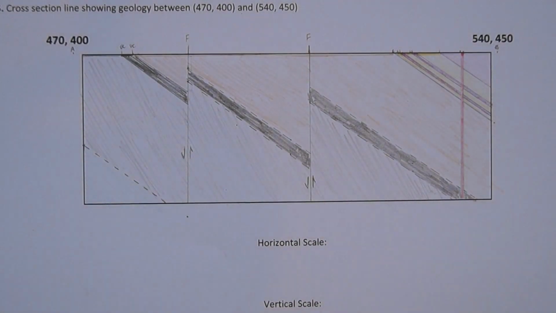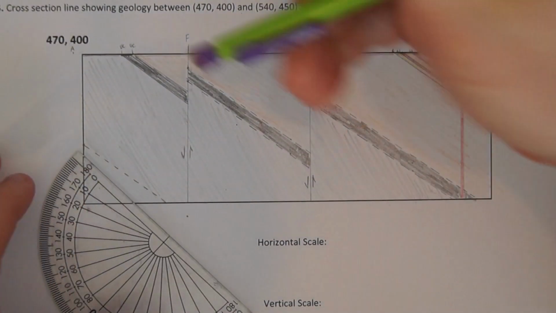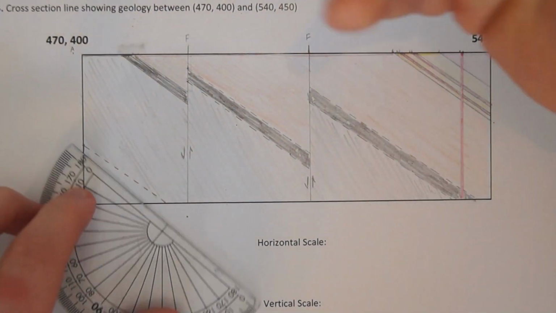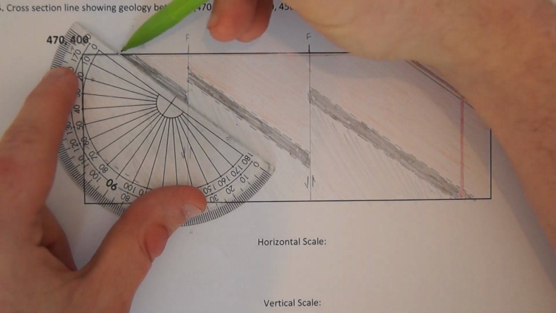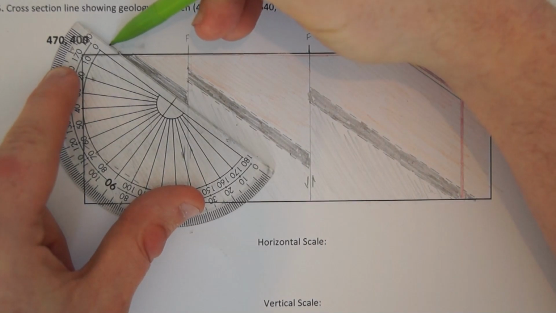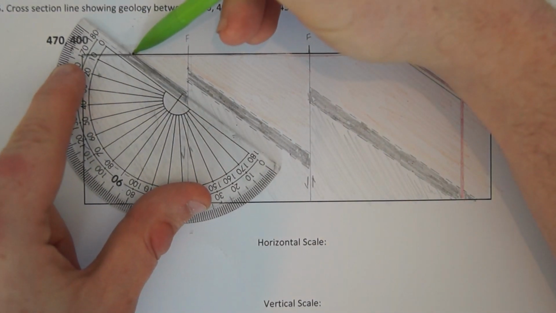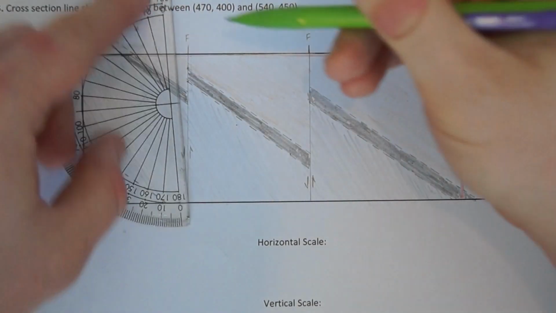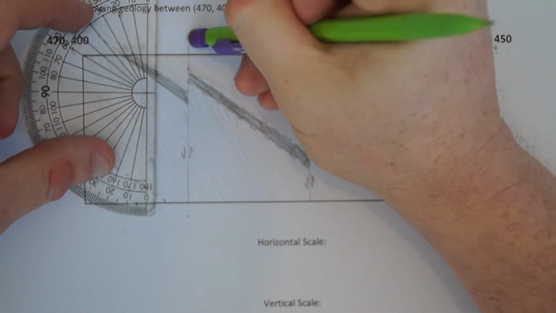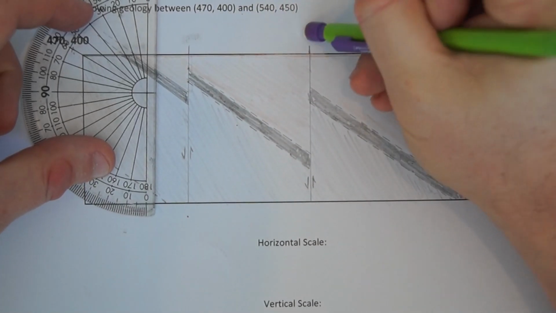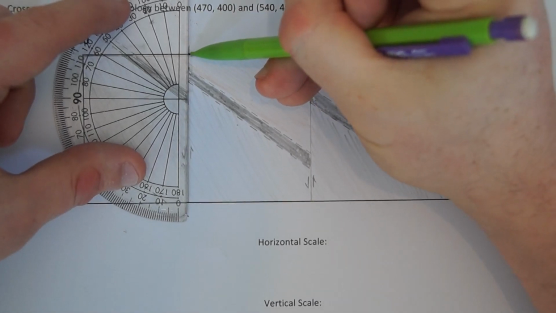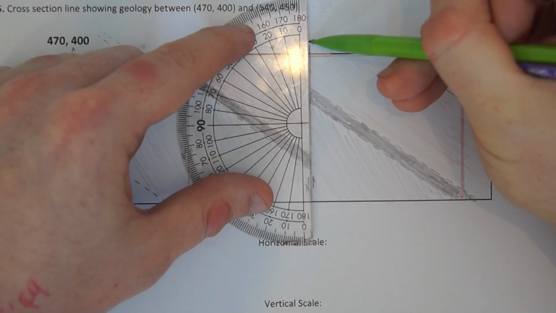Okay, that's a pretty good section so far, and then maybe just for practice what we could do is, I don't need those unconformity there, I know what I'm doing now. Maybe what I could do is just project sensibly, you know, you don't want to go to the moon or anything, the continuation of the geology above the surface. Just to show what the geology would be doing prior to modern erosional